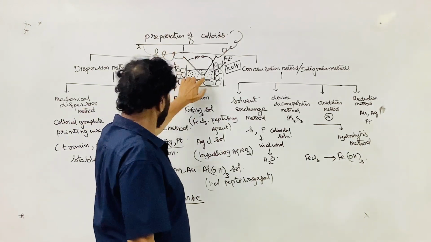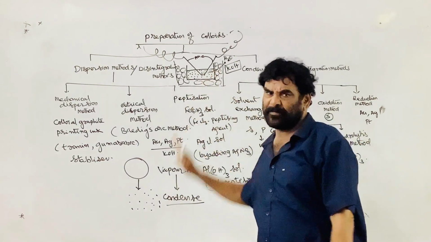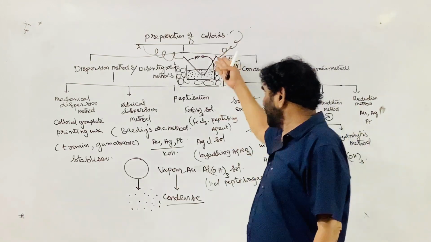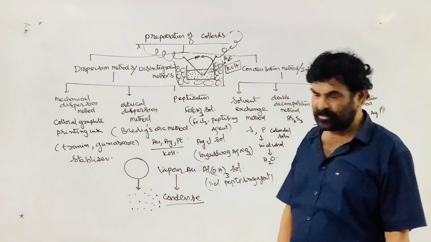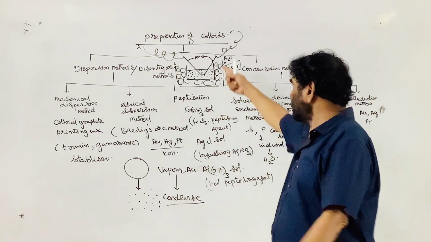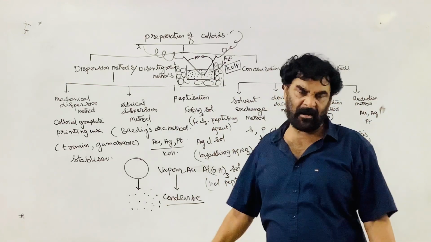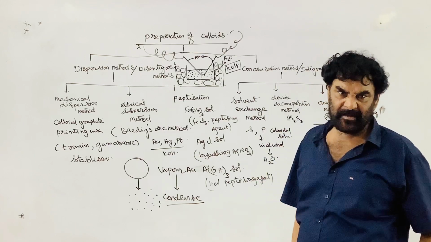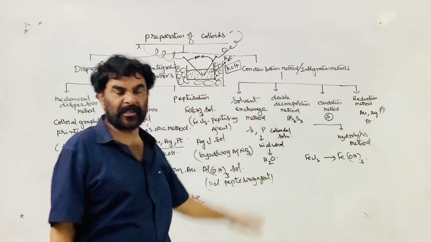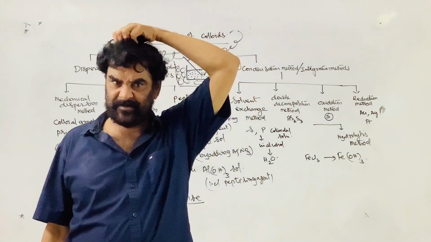Similarly, this is only useful for the preparation of colloidal solutions of metals. If you take copper, you will get a copper colloidal solution. If you take platinum rods as the electrodes, a platinum colloidal solution is prepared, and similarly with silver rods, a silver colloidal solution can be prepared. So dilute solutions of metals can be prepared, and a small amount of base, KOH, acts as a stabilizing agent.